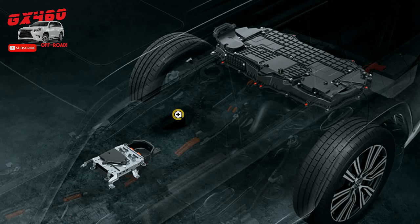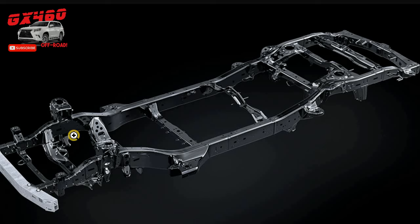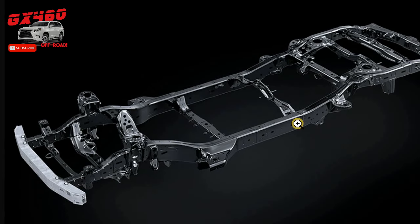Matter of fact, it's faster and more powerful than a Land Cruiser 300 GR Sport. So have fun with it off-road. It's waterproof. Now, as many of you know, every Toyota truck and SUV is on the TNGA-F platform, but they are not all identical. The frames are similar and similar size, but the GX550 frame is thinner and lighter than the Land Cruiser 300 frame, and it is thinner and lighter than this